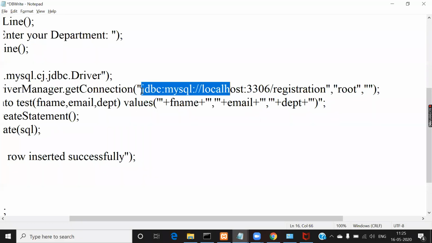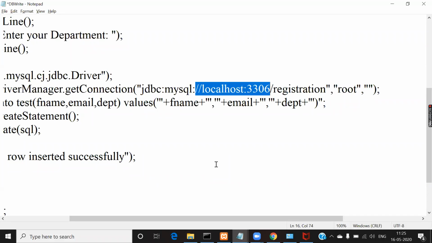This complete URL refers to, first, JDBC, which means that you are using an API to establish connection with MySQL. And what is that API? The JDBC API. So jdbc colon mysql means you are using the JDBC API to establish connection with the MySQL database. Then after that, give a colon symbol, and this localhost 3306 will refer to the MySQL server on your system. You have to specify 2 forward slashes after the colon symbol and mention localhost.